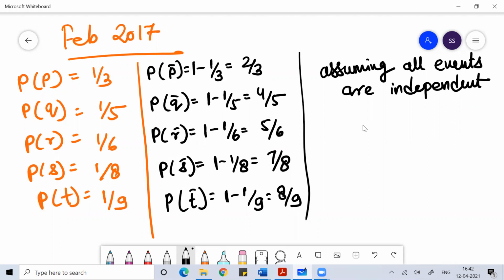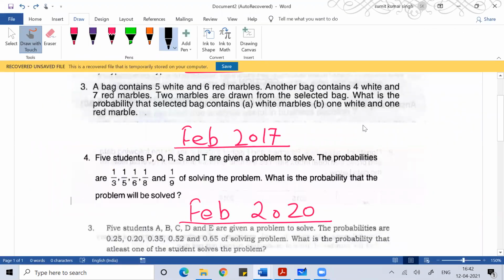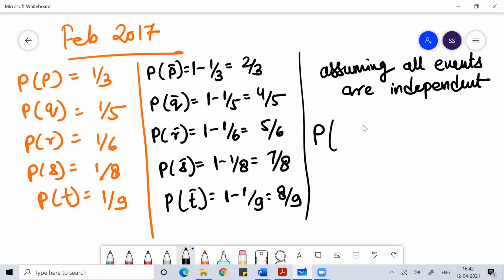So what is the probability that I get the answer? For me, it doesn't matter who's giving me the answer. Either one of them gives me the answer, or two, or three, or four, or five of them give me the answer, I'll get the answer. So that is equal to 1 minus the probability that none of them will give me the answer. So the probability that the problem will be solved,